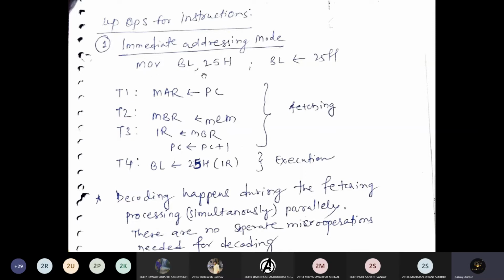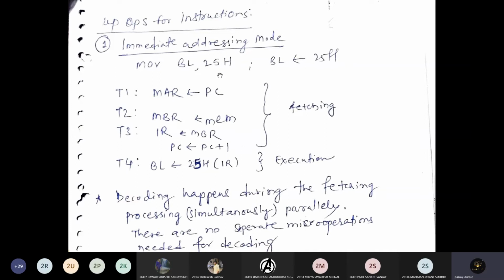Now, if the processor needs to execute this instruction, the very first register that will come into the picture is the program counter. The program counter will go towards the memory address register, which is connected to the address bus, and it will find the address where this value 25H is located.